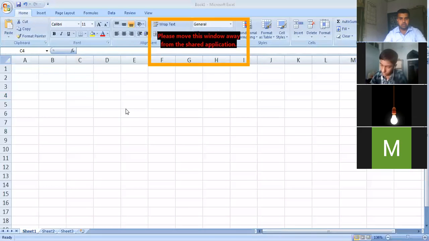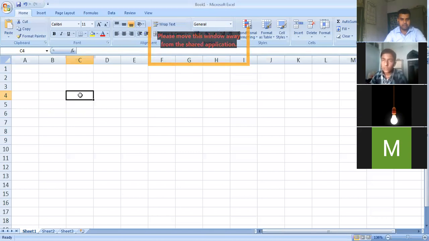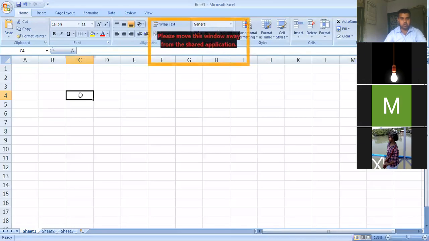Step number two. Now once this cell is selected, press your finger on the left click of the mouse button, and without picking your finger up, drag the mouse sideways.